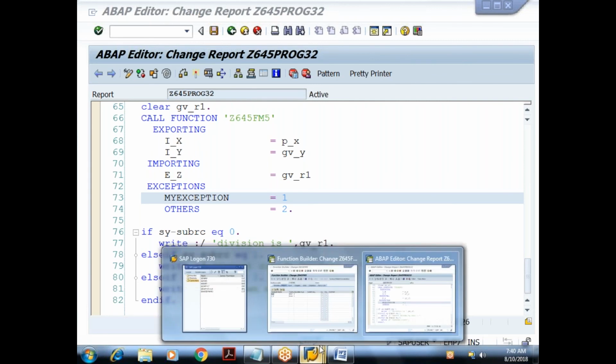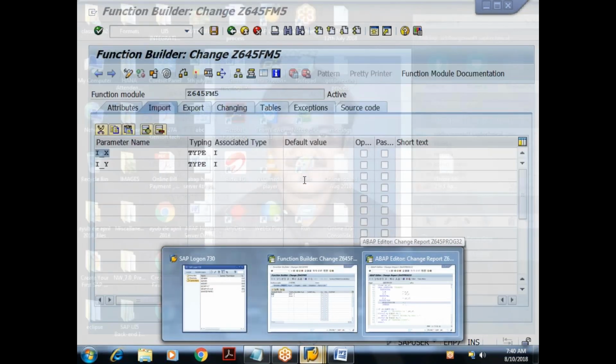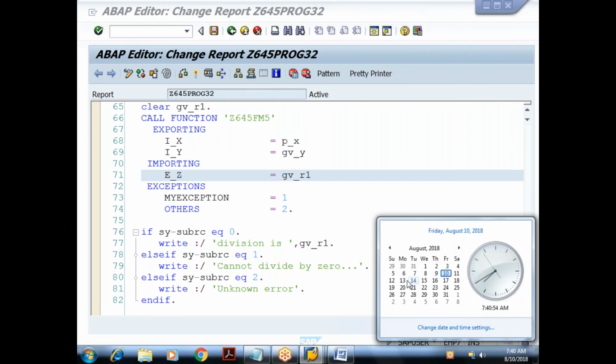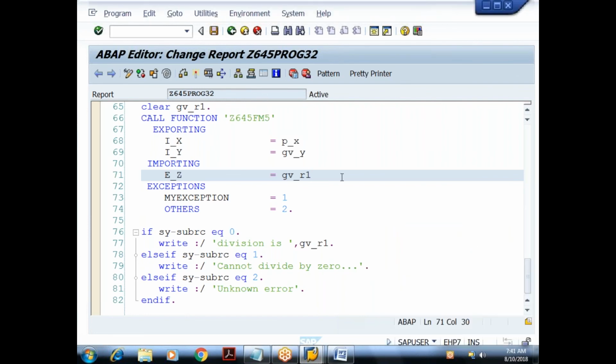Right, so we are done with the modularization techniques. Tomorrow is what, Saturday, no? Yes, tomorrow I'll not take the class. The next class will be again on what? Monday. We'll have the next class on Monday, and from Monday onwards we'll start with the new concept. Either we'll start with dictionary objects or we'll start with database programming. I'll decide accordingly on Monday. So Monday onwards, we'll start with a new topic at 6:30. Done? I'll wind up for today if you don't have any questions.